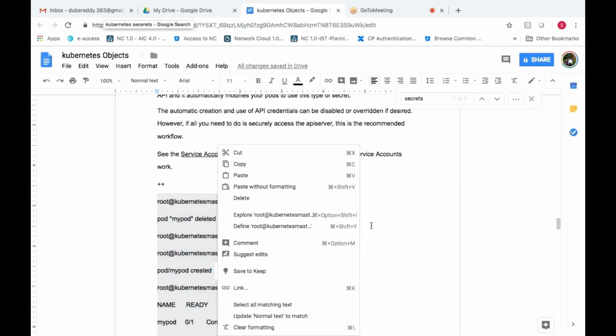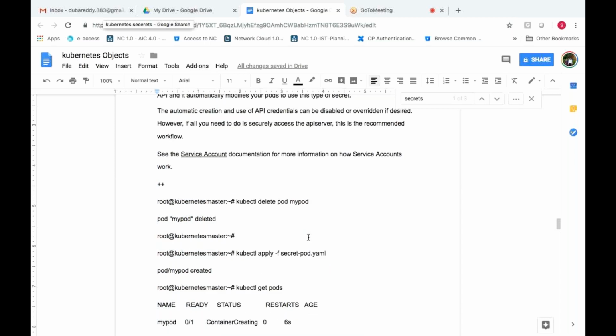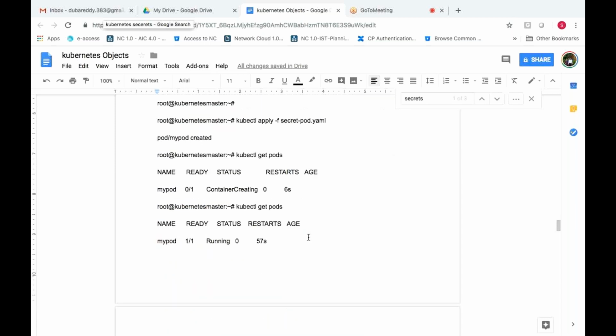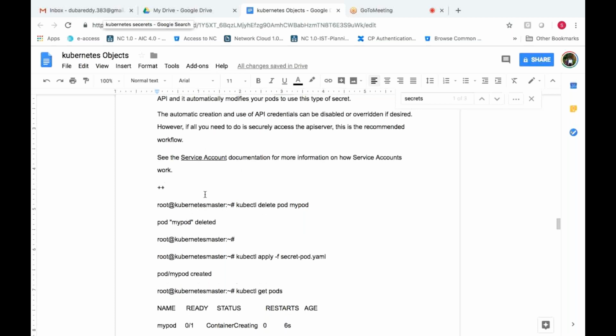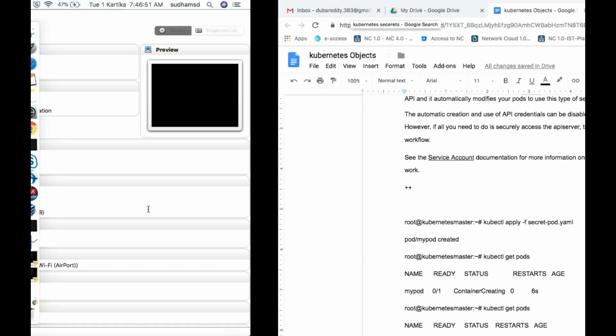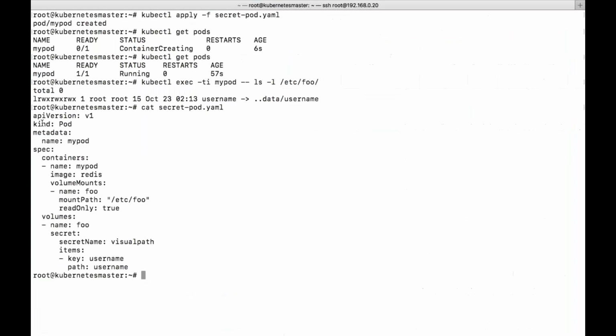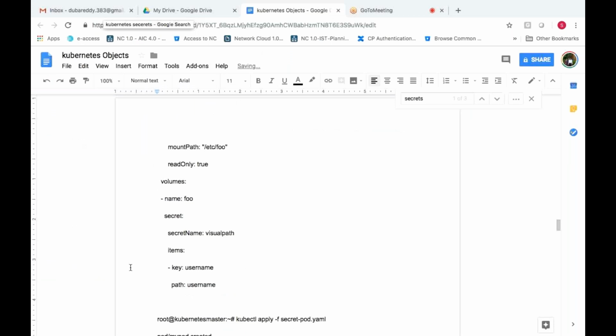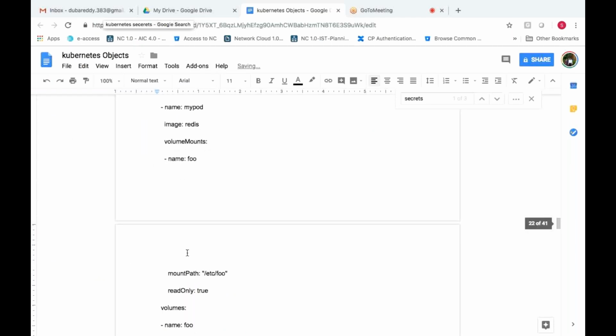I will give you a file here itself. This is not required, deleting this. So YAML file is important, so that I need to mention. So this is the secret which is mentioned with the particular data.